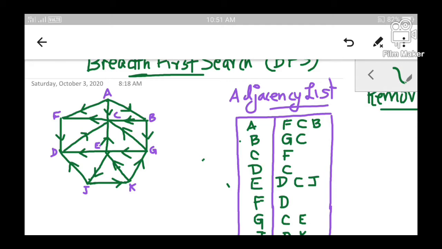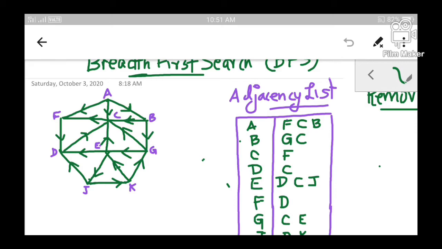Now we already know how a queue works. Queue is a collection of homogeneous elements where you can insert the elements as well as you can delete the elements. Remember, whenever you try to do an insertion to a queue, you can only insert to the rear end of the queue, but deletion always occurs from the front end of the queue.